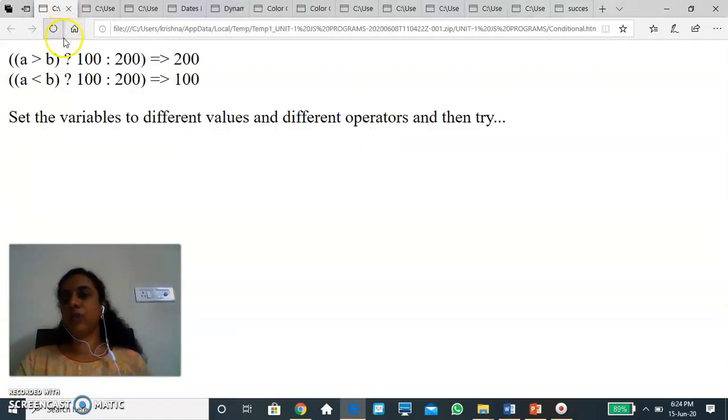Then you can go for the next one. It's a ternary operator. If a is greater than b, then 100 is displayed. If a is not greater than b, 200 is displayed. Similarly for a less than b, 100 or 200 is displayed. So that is how you can see the values.